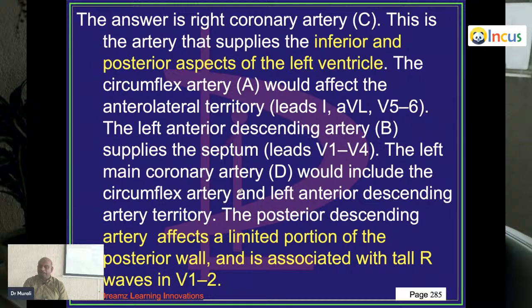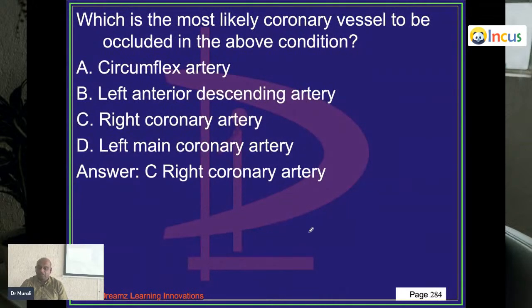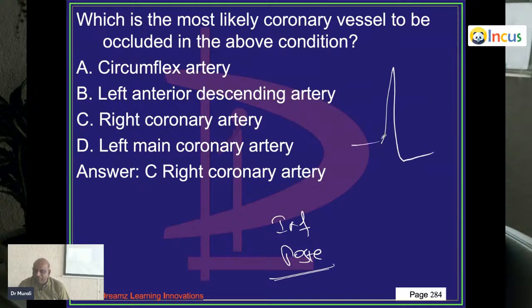Normally, the right coronary artery supplies the inferior wall and posterior wall. So always remember, if you look at leads V1 to V6, the electrical wave is passing from V1 towards V6. So that is the reason by the time you go to V6, the positive R wave will be prominent. And you don't find a prominent R wave in